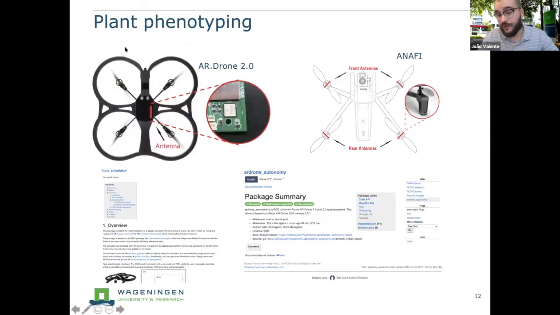Which kind of research are we conducting on that? Of course, for us, again, we are targeting platforms which we can program using the Robotic Operating System, and to make a balance between availability, price, and robustness. So we first started by investigating the IR drone from the Parrot company, and recently we're also doing lots of work with Anafi.